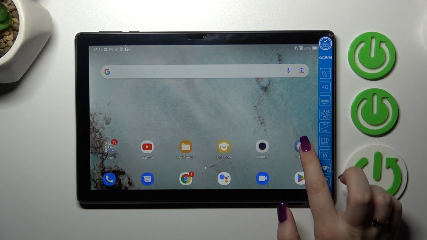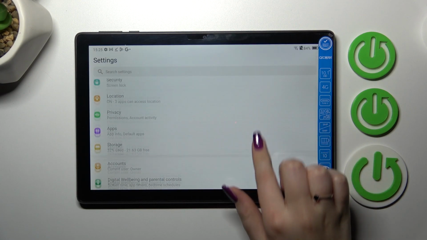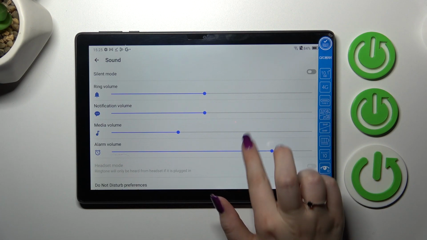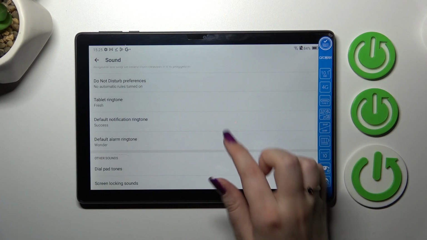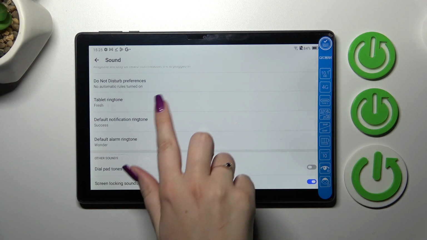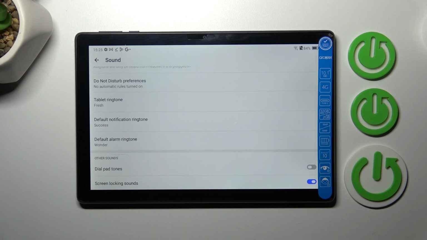So first of all, let's enter the settings, and here we have to find the option connected with sound. Now let's scroll down, and as you can see here we've got the section with the ringtones and the sounds basically. So we've got the tablet ringtone, default and notification ringtone, and alarm ringtone. I'll show you how to change it using the tablet ringtone, but it will work the same with other two